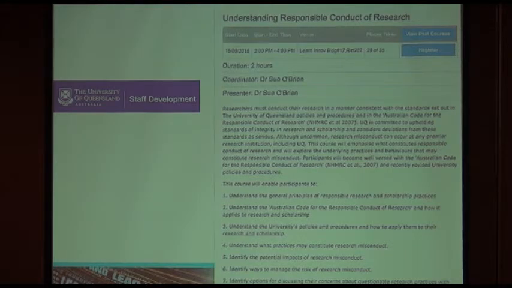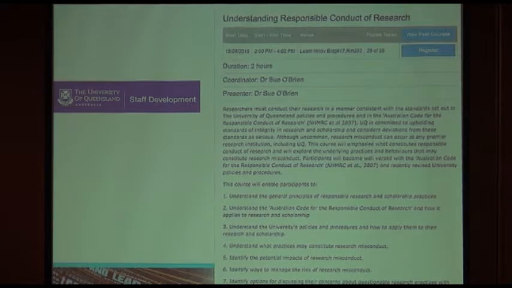Now, the reason for putting that up is that this is part of the institution's responsibility under the Code for Good Research Conduct. This is publicly available information, and staff should be aware of it as well, and they have a whole range of, as I can attest to, other significant policies related to this area. Next slide.